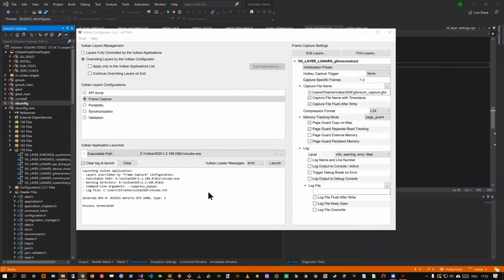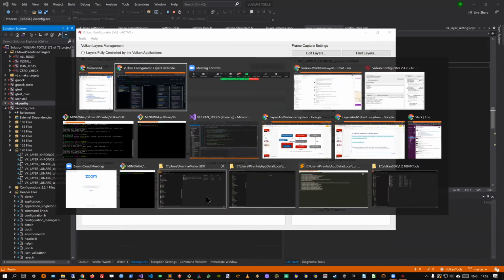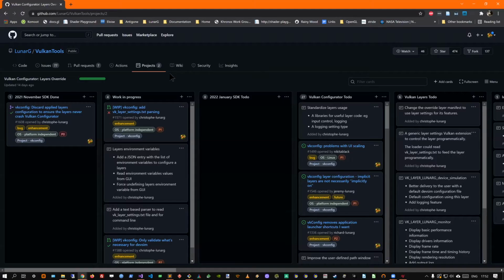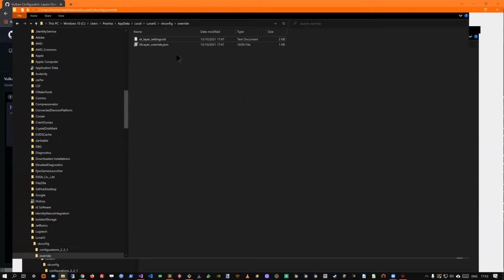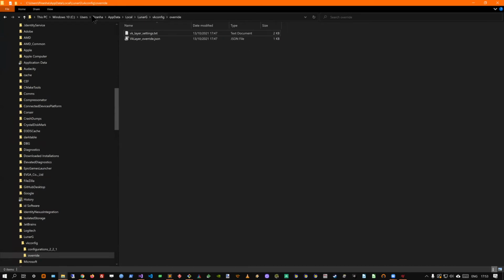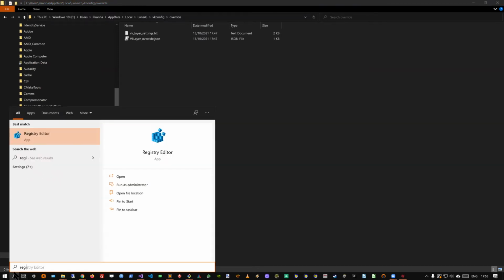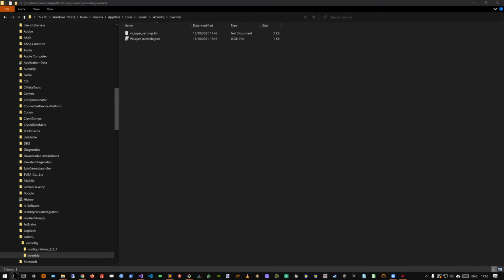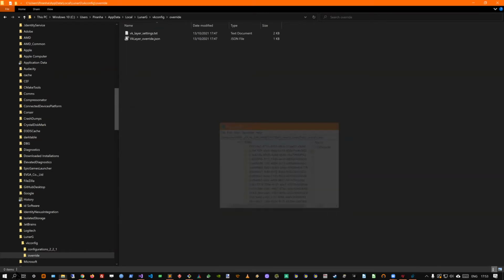And there is a standard location. It's written in the white paper, I should first say, but I can also show you directly here. It depends on the system, of course, but for Windows, there is a custom directory which depends on the registry. So if I open the registry,